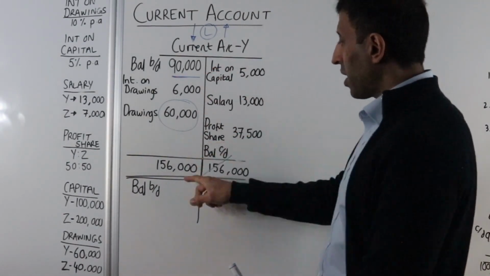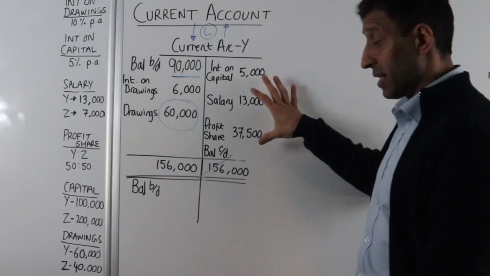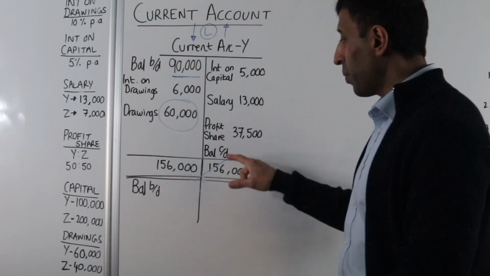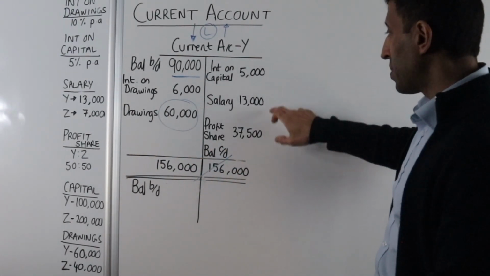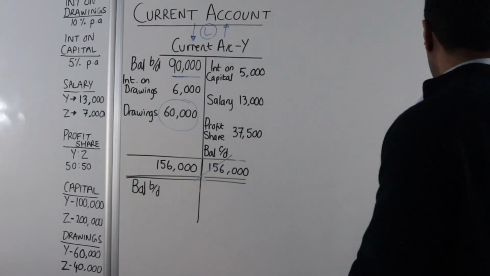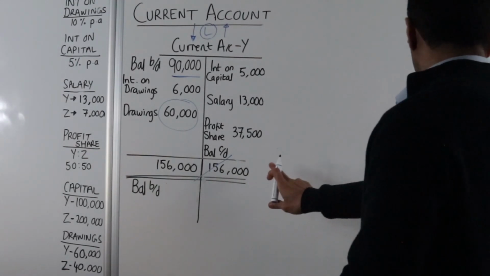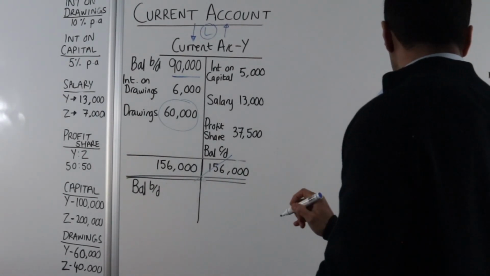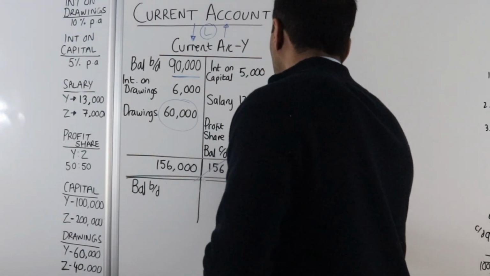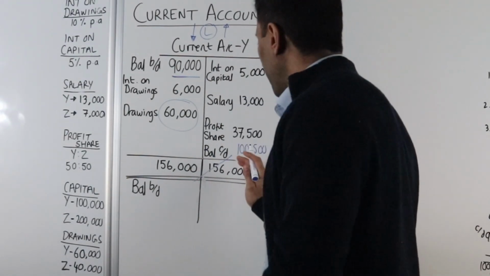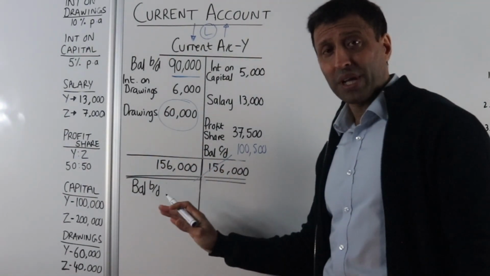So if you take the 156,000, put it on both sides, clearly this side doesn't add up to 156 because it's the smaller side, and so there's a missing number here which we call the balance to carry down. And if we just do 156,000 minus the numbers that are already here on the right hand side, then we'll find the missing number, and that is going to go here, and that is going to be 100,500. And that balance to carry down at the end of the year becomes the balance brought down,